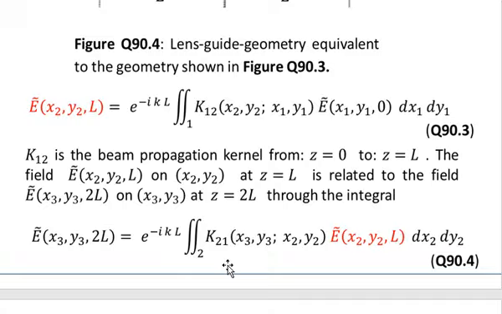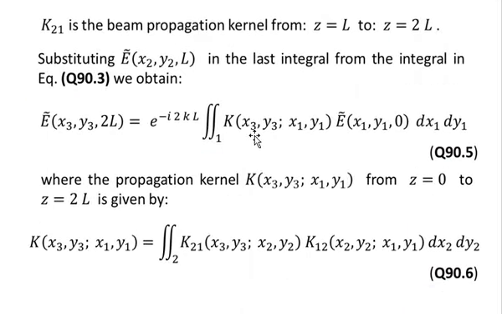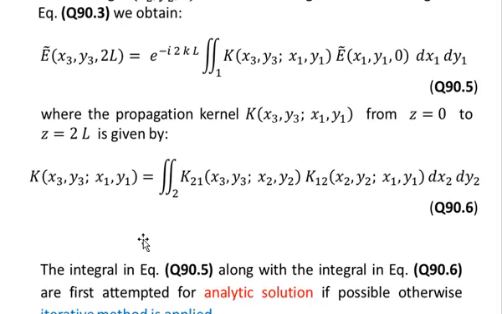But here we define kappa as a function of x3, y3, x1 and y1 in the following form, where the propagation kernel kappa as a function of x3, y3, x1 and y1 from z is equal to 0 to z is equal to 2L is given by